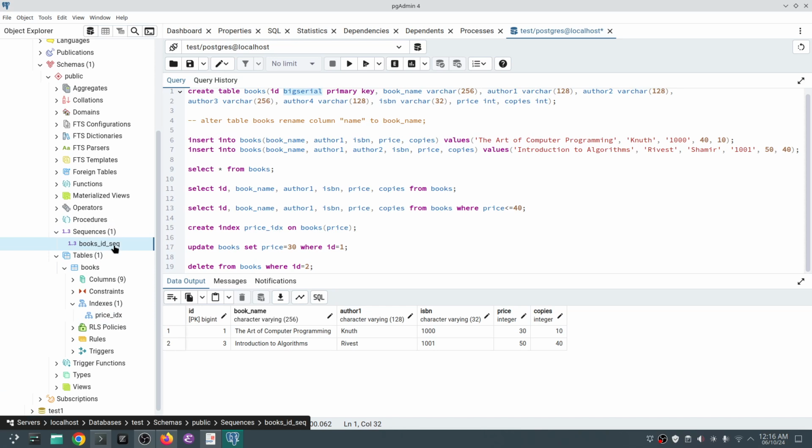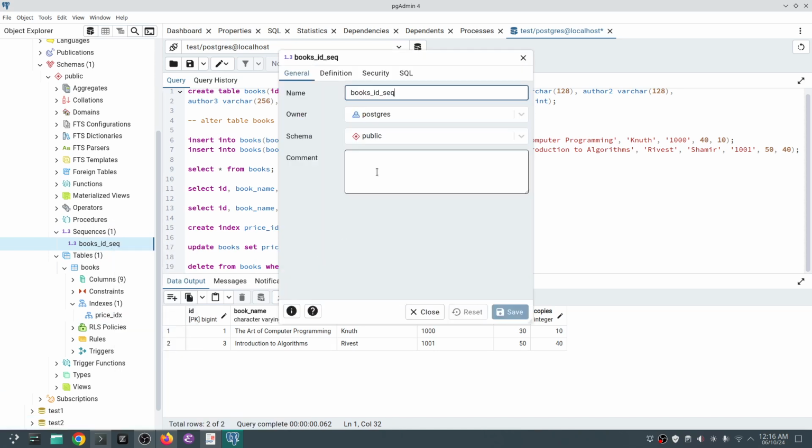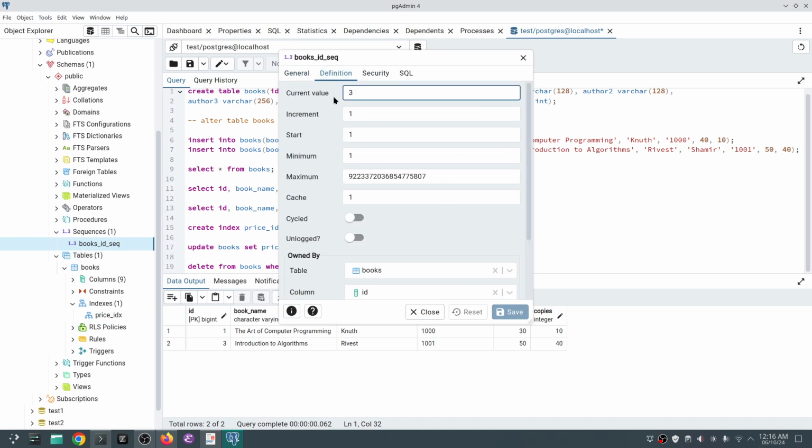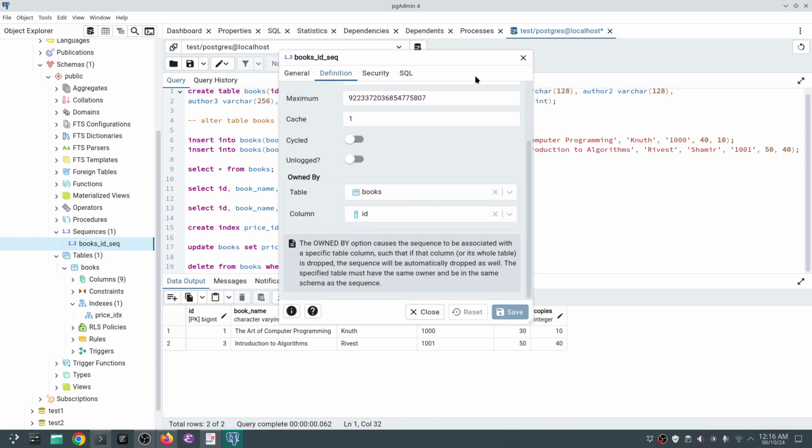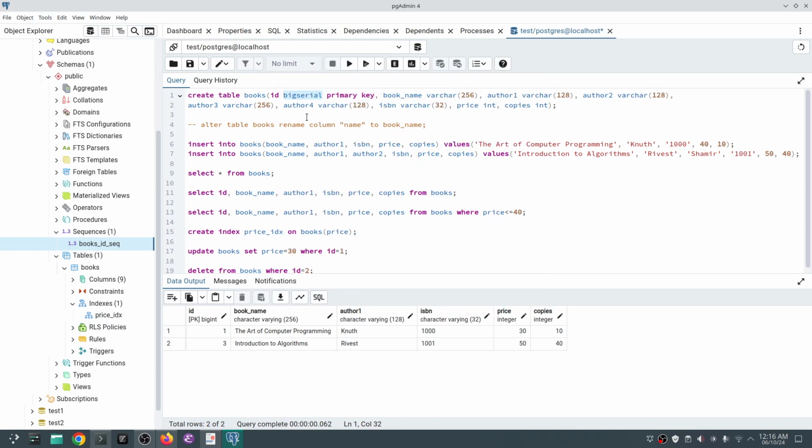This is what I'm talking about. If you want to see, you can see its property. Definition is there, current value is 3, increment 1, start 1, minimum 1, maximum this, and so on. So this sequence was 2 when it was deleted, and when we inserted for a second time, it increased